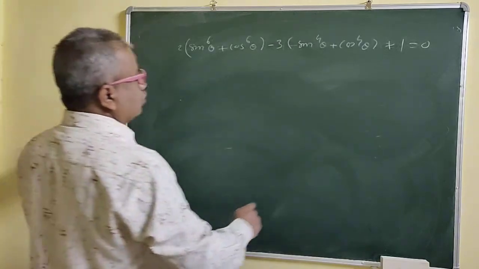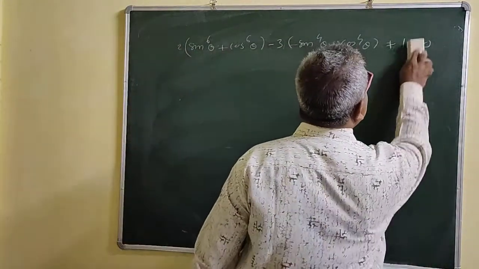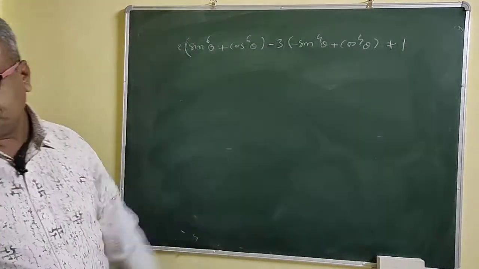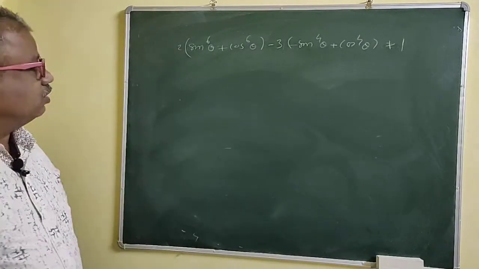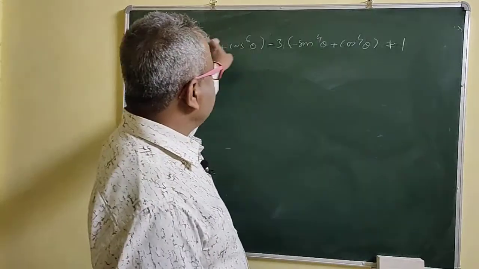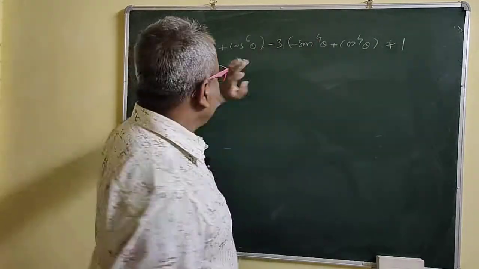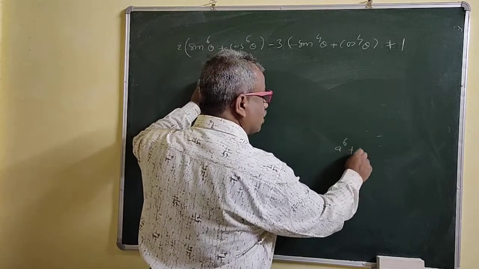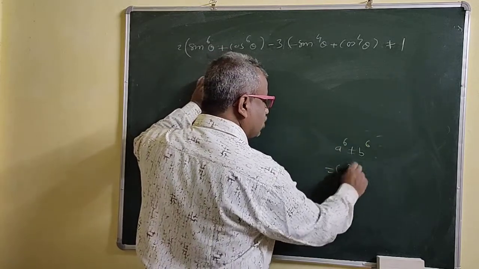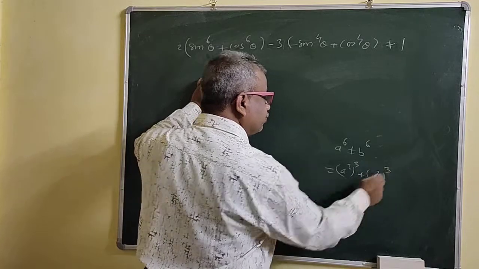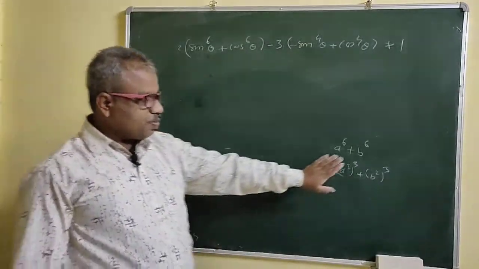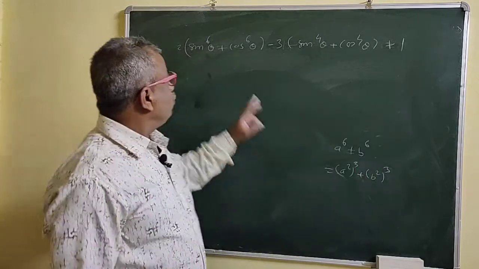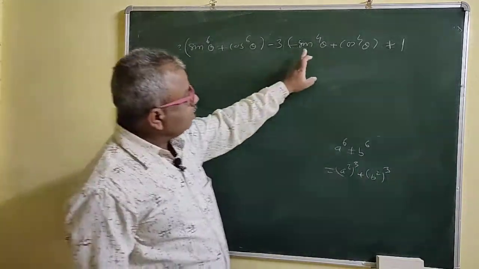Solution. So we'll take LHS. We have to simplify this, and what we have to prove, all terms get cancelled because there is 0, right? So now see, power 6 is here, power 4 is here, right? So what we do? Suppose a to the power 6 plus b to the power 6, this is nothing but a square cube plus b square cube, right? So this is of the form a cube plus b cube now. So you can factorize this, right? So what we will do? We will factorize this. Again, this is of the form what?